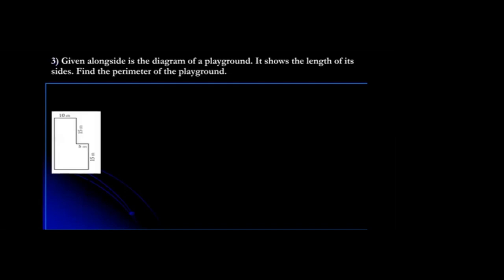See children, we have seen the examples of square and rectangle. Now we are seeing an example of a playground. This is a figure where the measurements of the lengths of the sides are given. Some are given and some are not. Earlier when we were finding the perimeter, the lengths of all the sides were given. But here you can see some sides are not given. Only a few sides are given, like 10 meter, 15 meter, 5 meter, 15 meter. 4 sides are given and 2 sides are remaining. It is a six-sided figure.